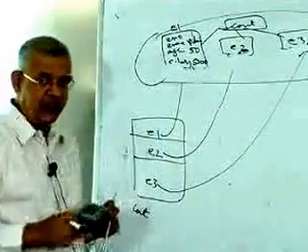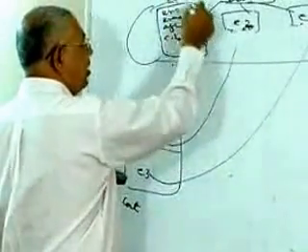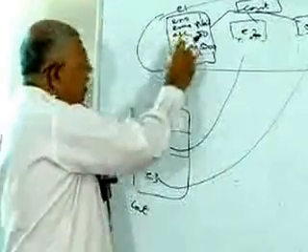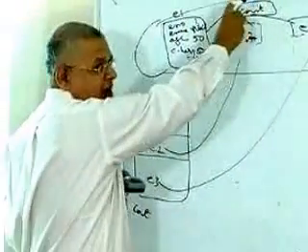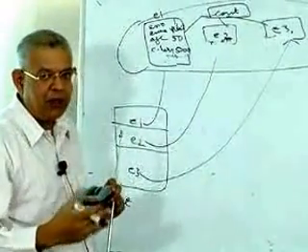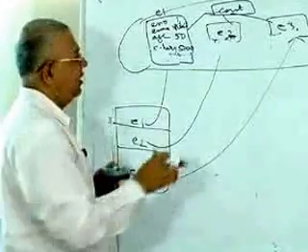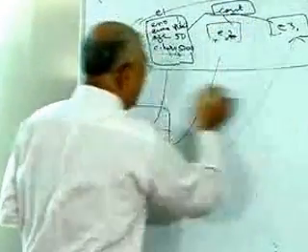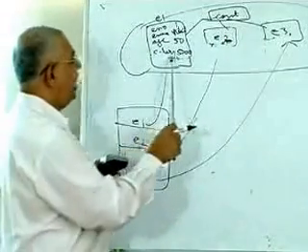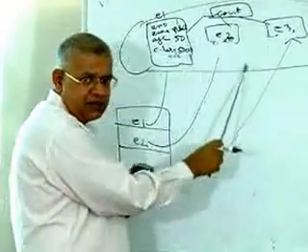Now, you see the difference? Count has moved away from being an instance variable of a particular object. That is, its ownership has shifted from a particular object to a common property of all the instances of a class. It has now become a common property of all the instances belonging to a class. Because of that, this count is shared amongst all the instances of a class, and any increment done by E1 is visible to E2, is visible to E3.